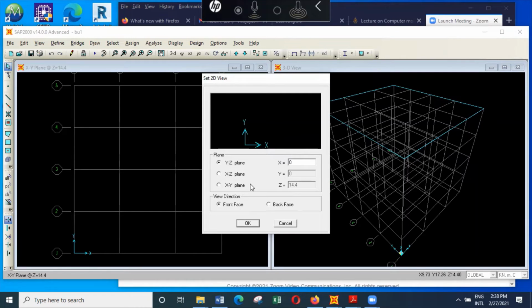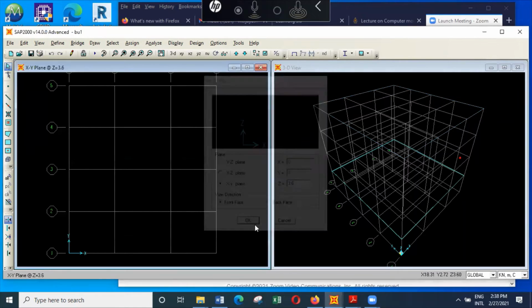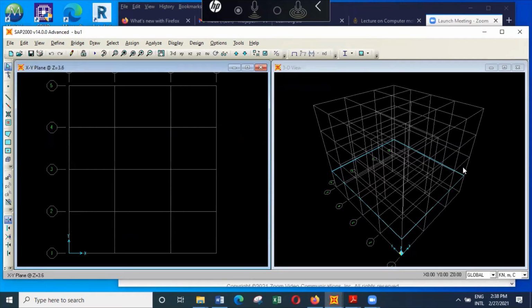It's not showing anything because we have not drawn anything. And we'll consider a height of 3.6 meters. Go to this level, that is the first level. And then I can actually draw